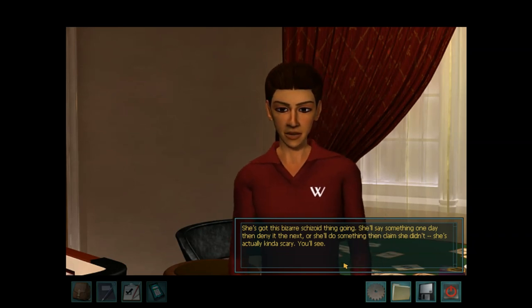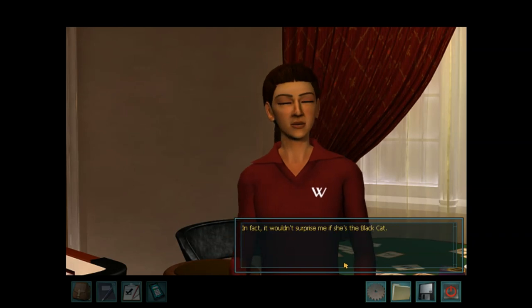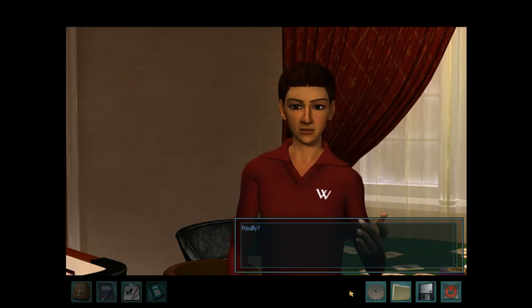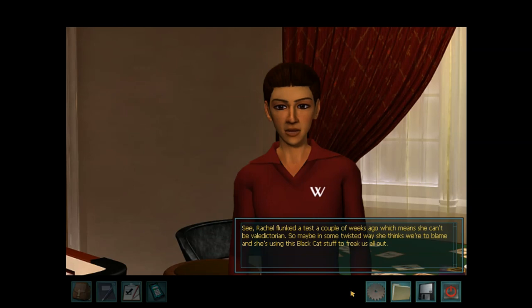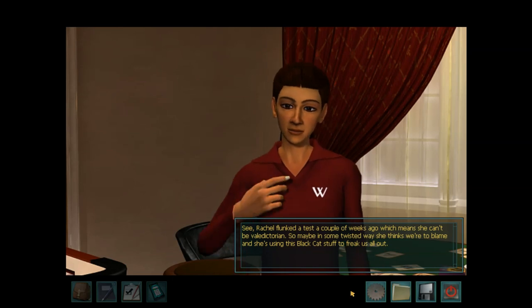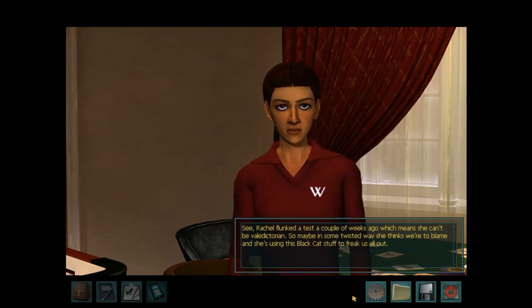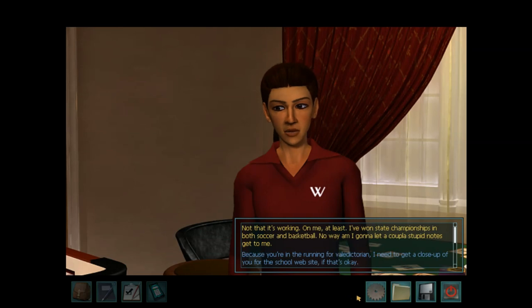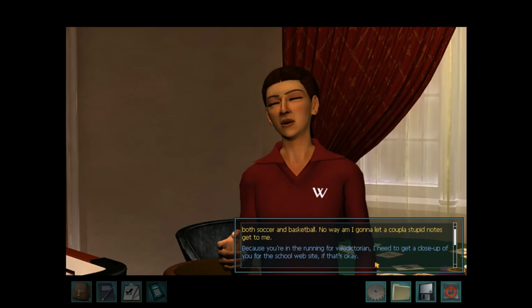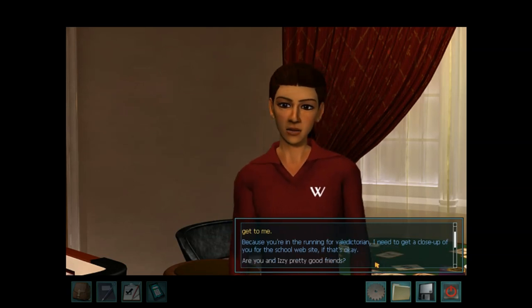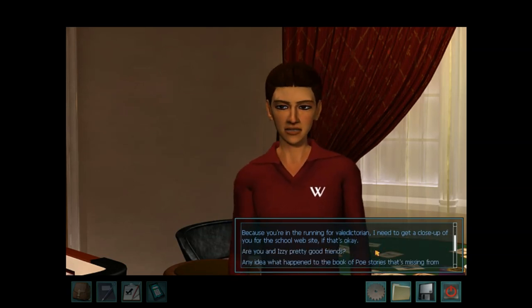She's actually kind of scary. You'll see. In fact, it wouldn't surprise me if she's the black cat. Really? See, Rachel flunked a test a couple weeks ago, which means she can't be valedictorian. So maybe, in some twisted way, she thinks we're to blame and she's using this black cat stuff to freak us all out. Not that it's working. On me, at least. I've won state championships in both soccer and basketball. No way am I gonna let a couple of stupid notes get to me.